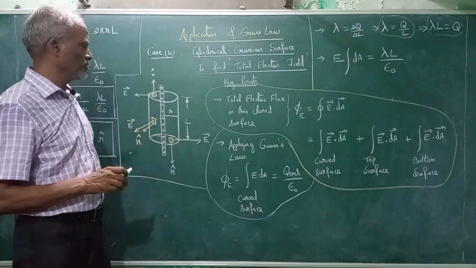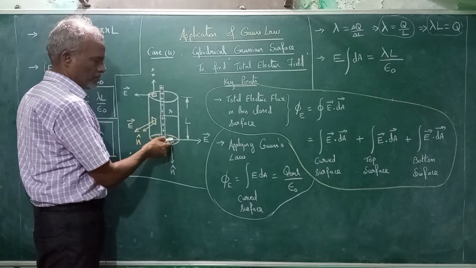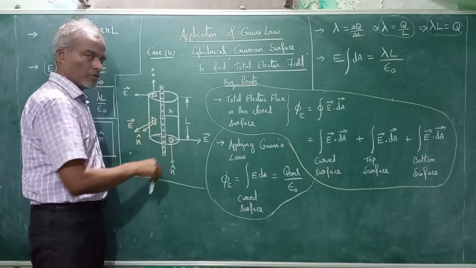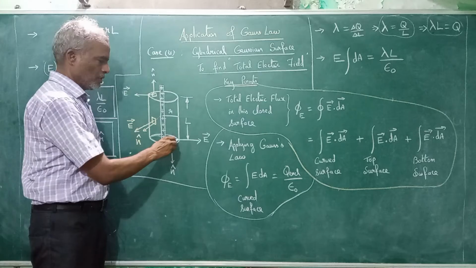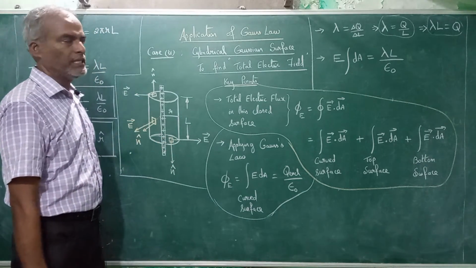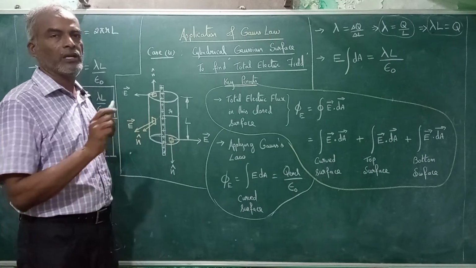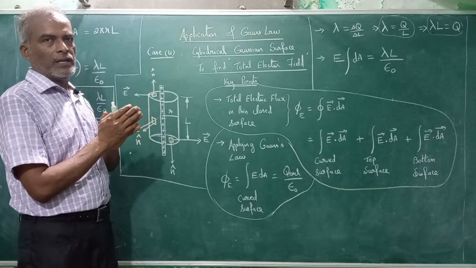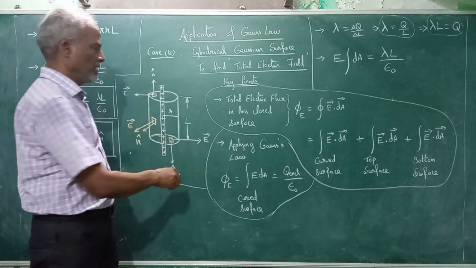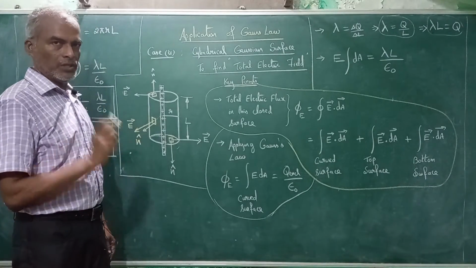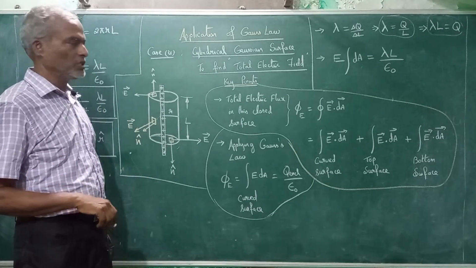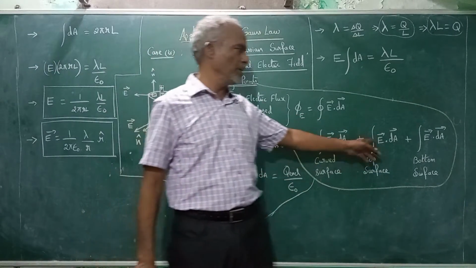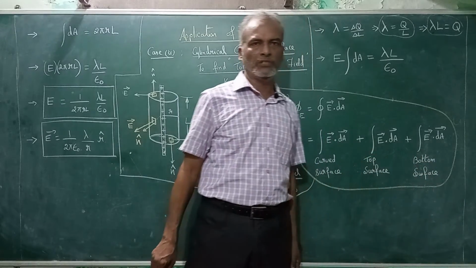Similarly, if you consider the bottom surface, the electric field lines go like this, E, and the unit normal vector will be perpendicular to it of that small area. So the angle between these two is 90, cos 90 is 0, because for dot product we know E vector dot dA vector is equal to magnitude of E, magnitude of dA multiplied by cos theta. Now theta is 90 degree, so the answer is 0. Cos 90 is 0, 0 multiplied by anything is 0. Therefore, this value, integral E vector dot dA for top surface and bottom surface will be 0.